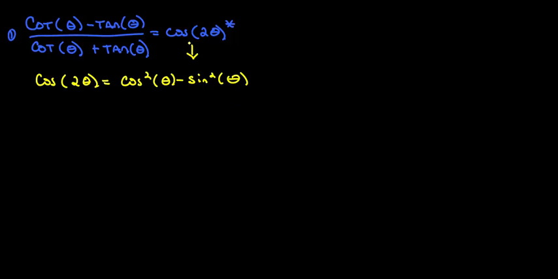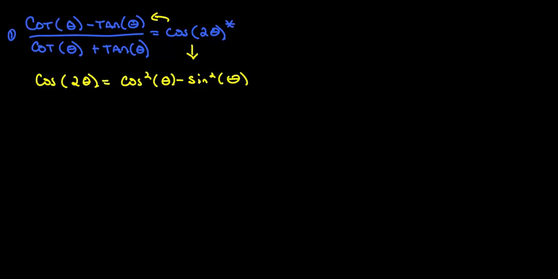Now, while I'm working these, I'm constantly looking over here to see what I need it to look like. Well, I've got it split, so that's nice. So now what I could do